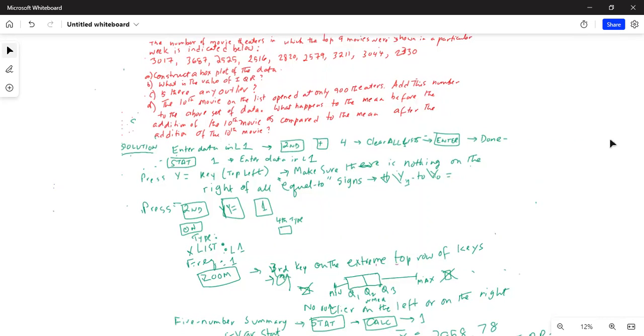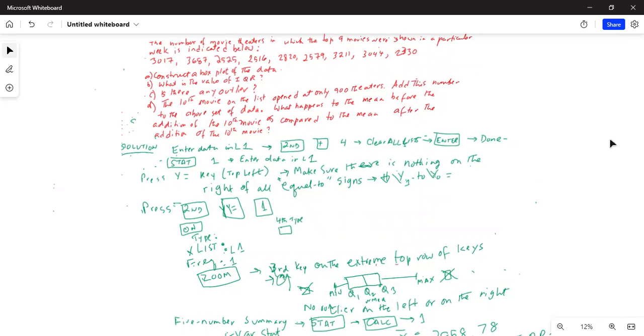Part D says the 10th movie on the list opened at only 900 theaters. Add this number to the above set of data. What happens to the mean before the addition of the 10th movie as compared to the mean after? So we go to stat 1,